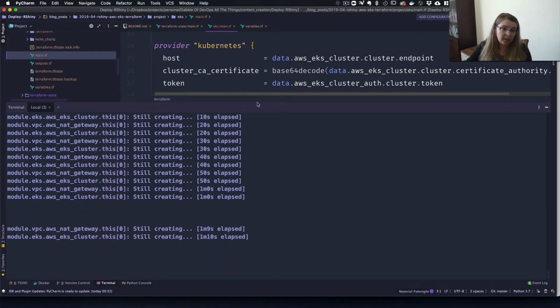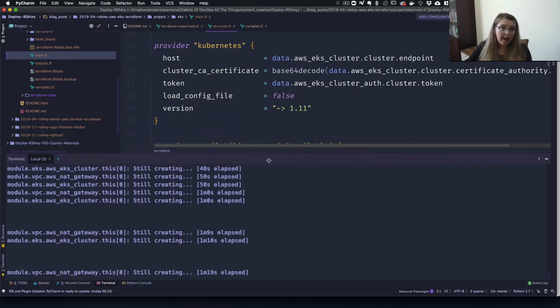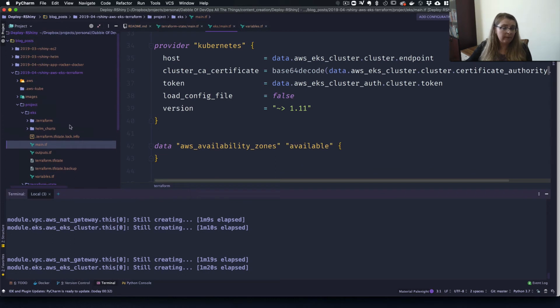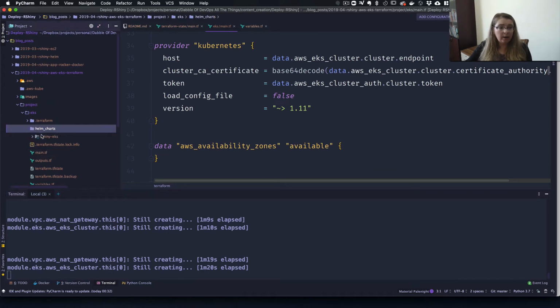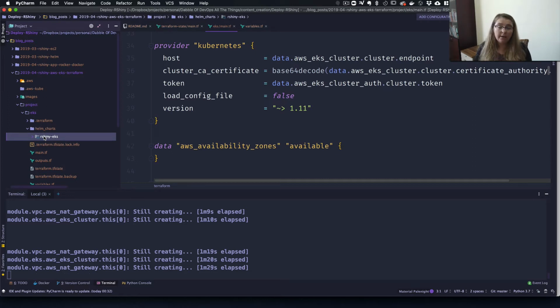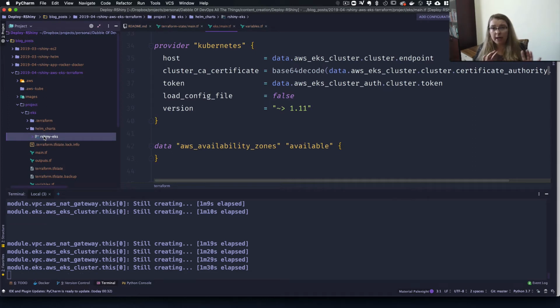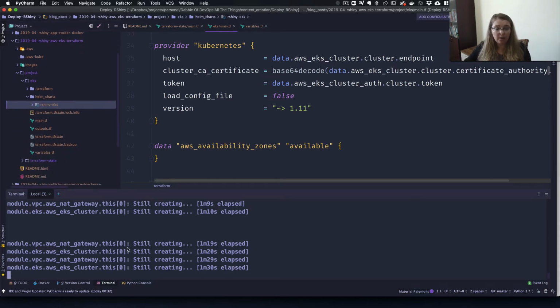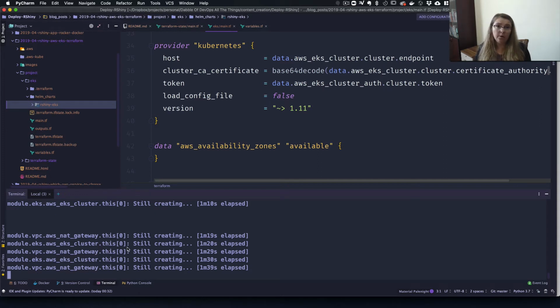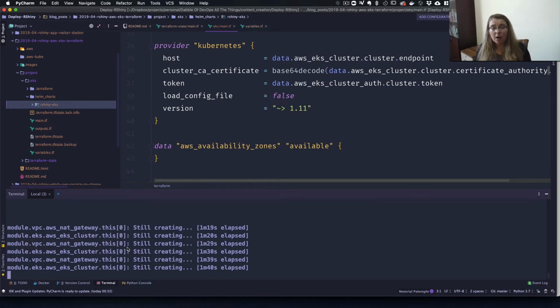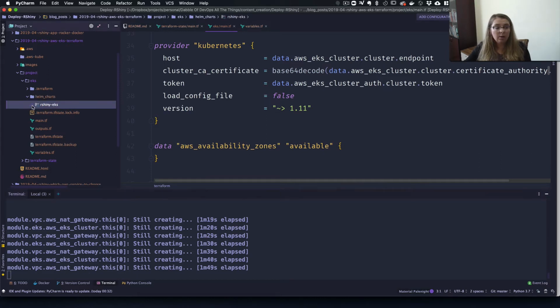Okay, so this is going to take a little while, but as this is going, what we're going to talk about for a minute is the Helm chart. If you'll remember, what I said is that the Helm chart is the recipe for deploying our application. It is specifically the application layer. So now we are dealing with the infrastructure layer. We're having Terraform deploy the Kubernetes cluster itself. Once we have our cluster deployed, we want to deploy our RShiny application. So this is the Helm chart, RShiny